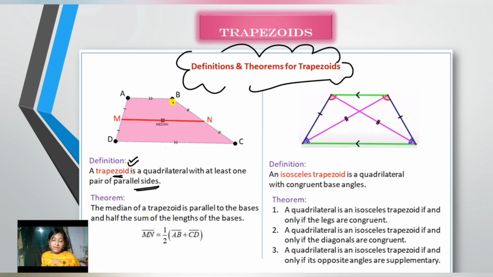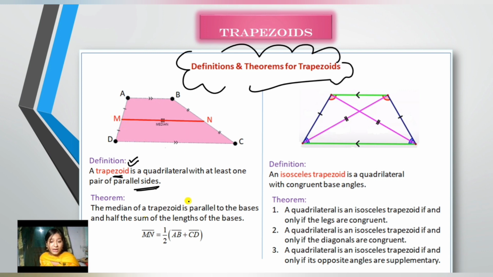Here we are having one more line, that is MN. Now what is MN? MN is the median. If you take line AB and overlap it on CD, like I'm showing you with a piece of paper, and press it, definitely in the midpoint you will get the crease. That crease is called the median, a line which divides the quadrilateral into 2 equal parts, and here MN is our median. That's very important to understand, okay? MN is the median of the quadrilateral ABCD, or we can say that this is the median of the trapezoid.